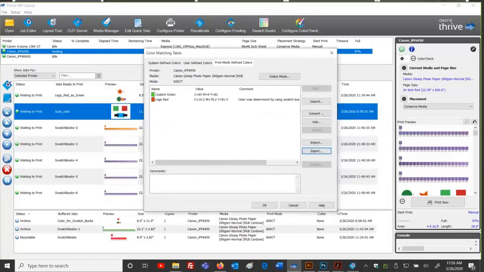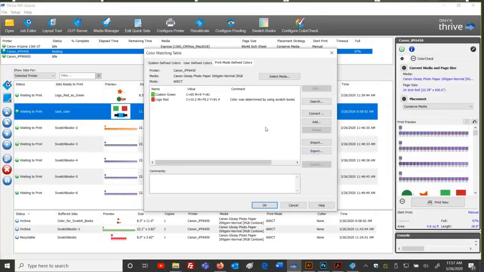Now, I'm going to mention a little tip. I don't know if this is something that will matter or not, but let's say you have a bunch of colors in here for a bunch of different printers and media. You've got a pretty good library going, and you're cranking out the swatch books, and you're getting colors to match, and you're putting them in your library, and this is a lot of very important, precious data you have here now. You have a good definition base of these spot colors that you need to match. So, yeah, I want to back this data up. I'm going to export this.